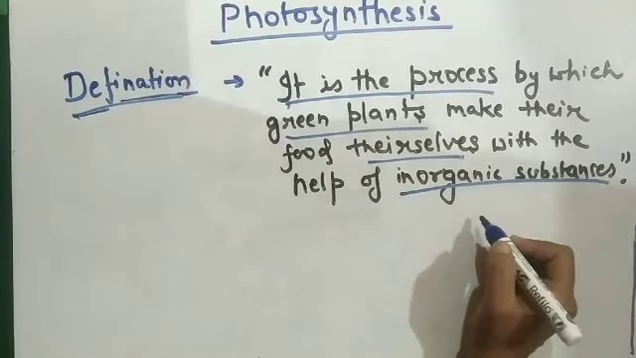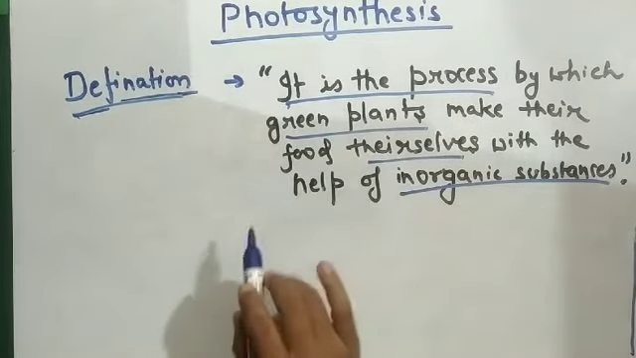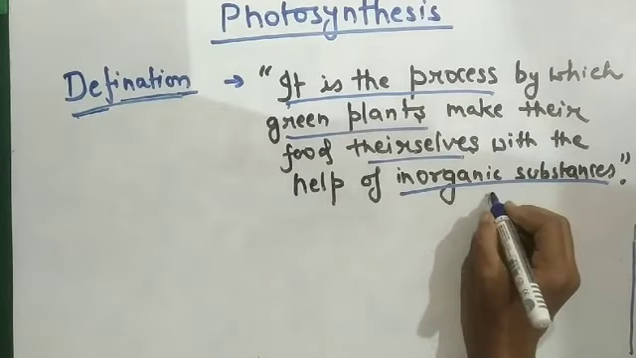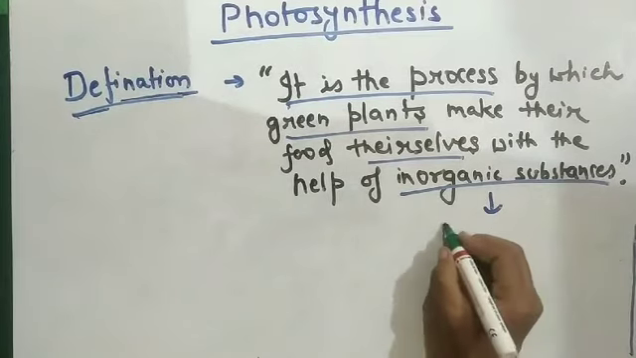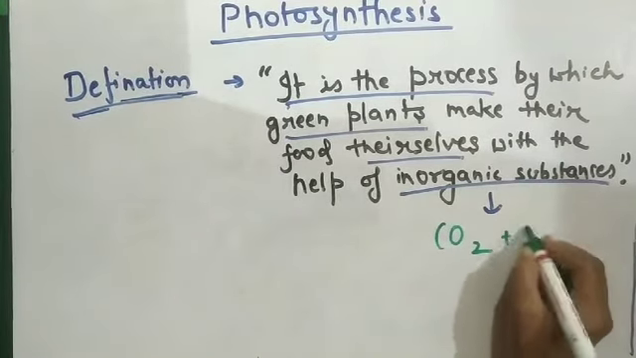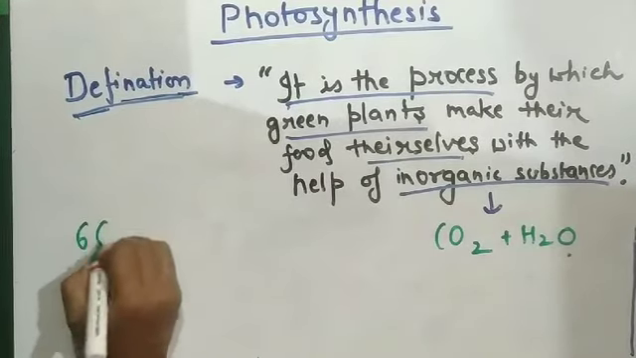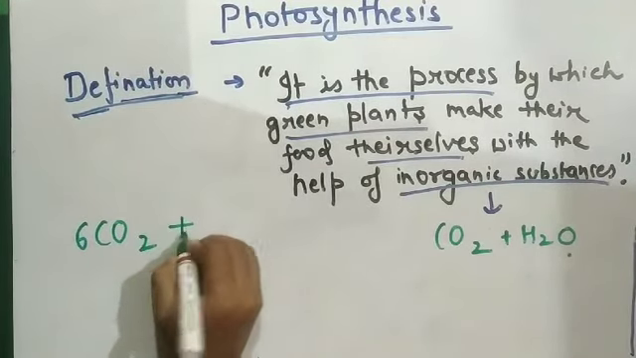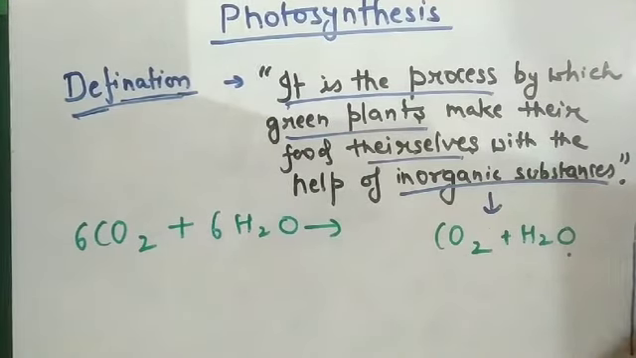So inorganic substances के मदद से green plants अपना खाना खुद से बनाते हैं. इसी प्रोसेस को photosynthesis कहते हैं. तो जो inorganic substances photosynthesis में इन्वॉल्व होता है वो होता है कार्बन डाइऑक्साइड एंड वाटर. तो क्या होता है फोटोसिंथेसिस में? 6 मॉलिक्यूल ऑफ कार्बन डाइऑक्साइड along with the 6 molecule of water forms the carbohydrate,